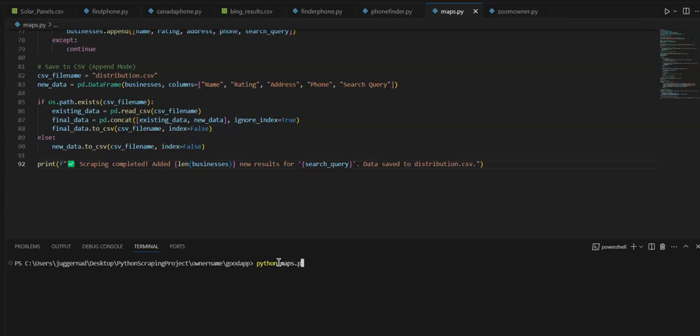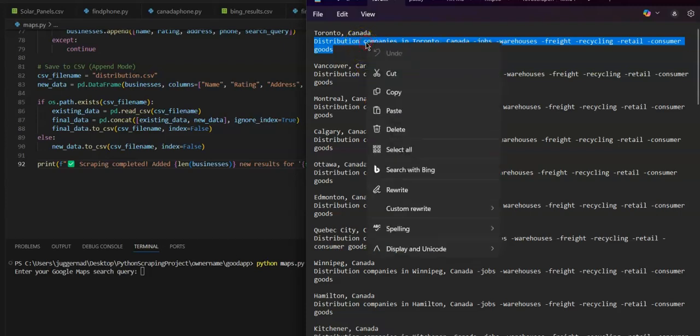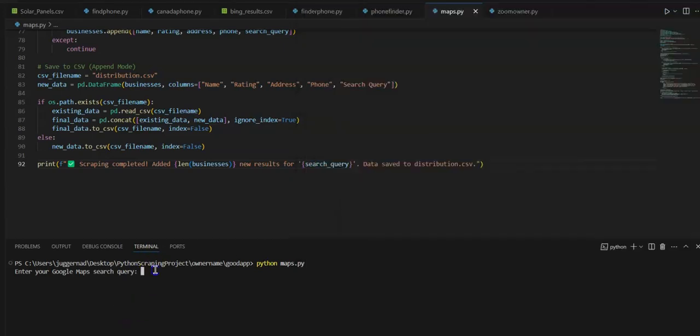That's maps.py. Going to run. As you can see, it asked me to enter a Google Maps search query. I already have that, and this is distribution companies in Toronto, Canada. I excluded some terms on the search like jobs, warehouse, freight, recycling, retail, consumer groups. Okay, going to run that,